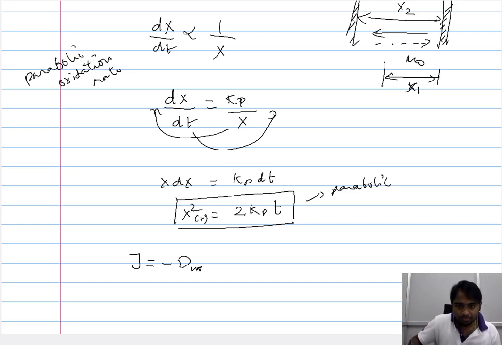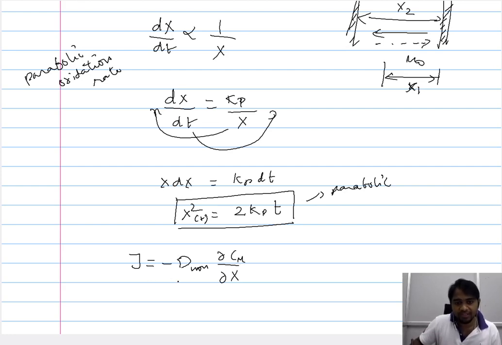So here D_ion is the diffusivity of the ions that are migrating within the metal oxide, and the driving force for the flux is the gradient in the concentration. So here dx talks about the spatial position, and c is the concentration. And now for the sake of our discussion, let us assume that it is the metal ion that is migrating. It is the gradient in the concentration of the metal ion.